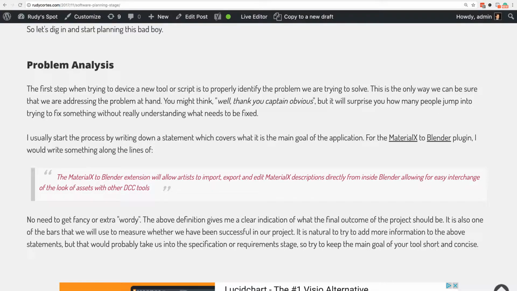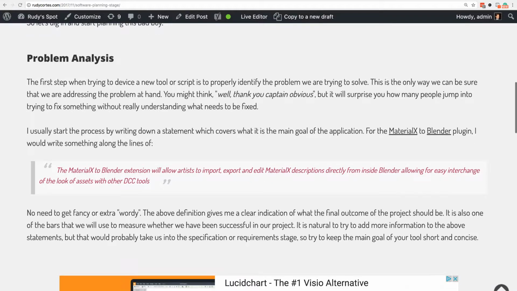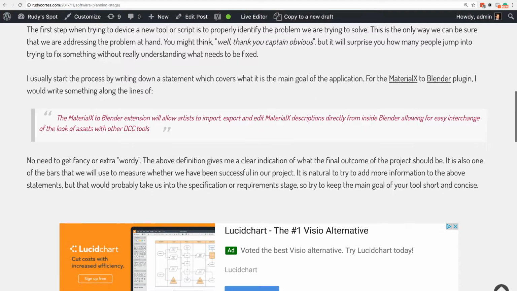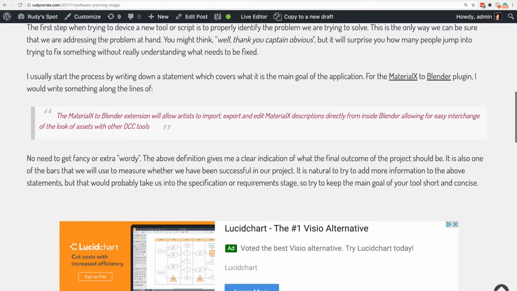The Material X to Blender extension will allow artists to import, export, and edit Material X descriptions directly from inside Blender, allowing for easy interchange of the look assets with other DCC tools. Right? Very simple, straightforward, to the point, and it lets us know what we want to do, without getting extra wordy or going off the rails and just starting to do things.